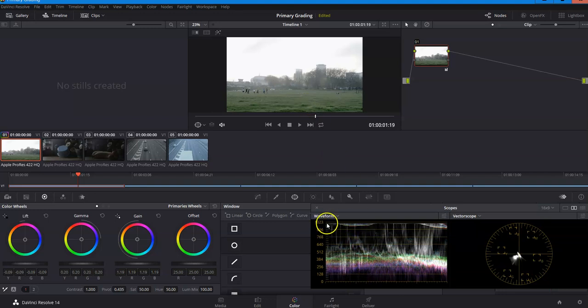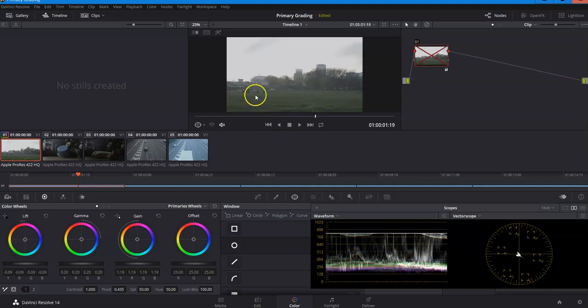Why has that happened? Well, we've changed the range within which that color can exist: the brightest green that could possibly ever be, and the darkest green it could be. By adjusting that, we have increased the saturation. This is one of the reasons why you want to do tonal range first. Imagine if you started by grading the color of the grass first instead. So this was our original image, and we went in and started to play with the color wheels